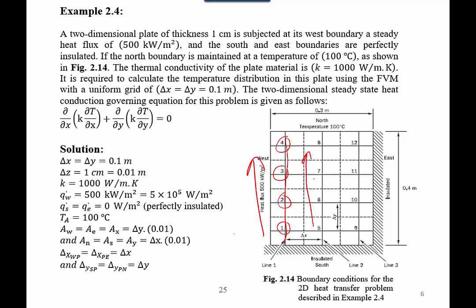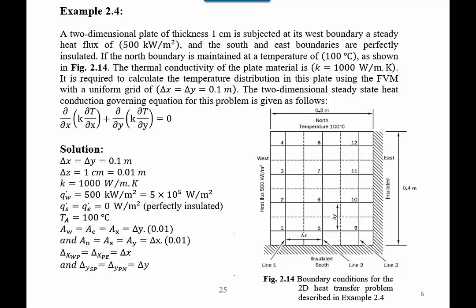Then we continue to the second line, with the same numbers 5, 6, 7, 8, and we continue to the third line, which is vertical, 9, 10, 11, 12. So we have 12 control volumes numbered as shown by these lines,